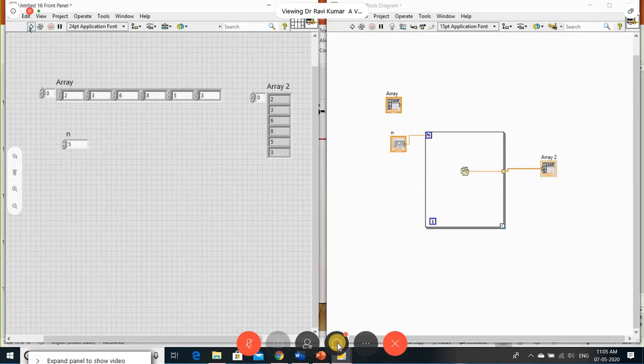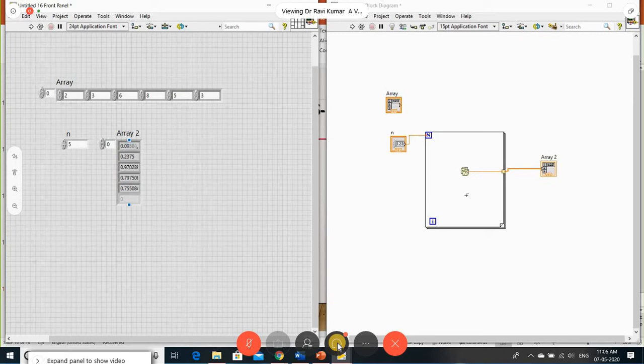Let me run this. Now you can see that five random numbers are generated and stored in the array. Whenever i is equal to 0, the value comes here. Whenever i is equal to 1, like that, the values are stored automatically.